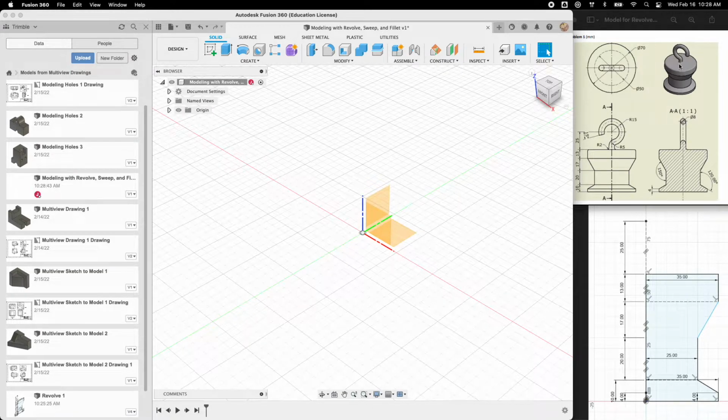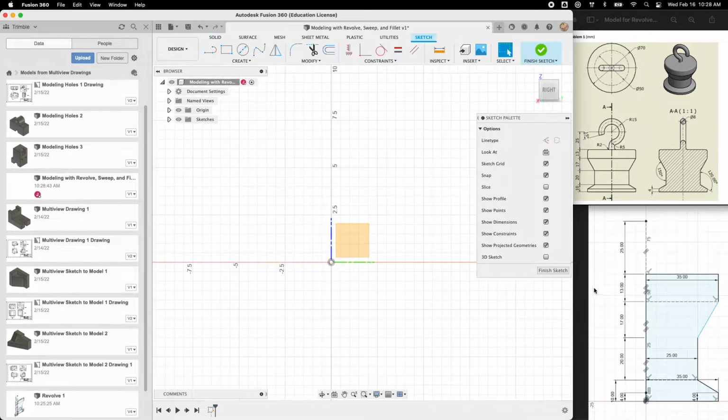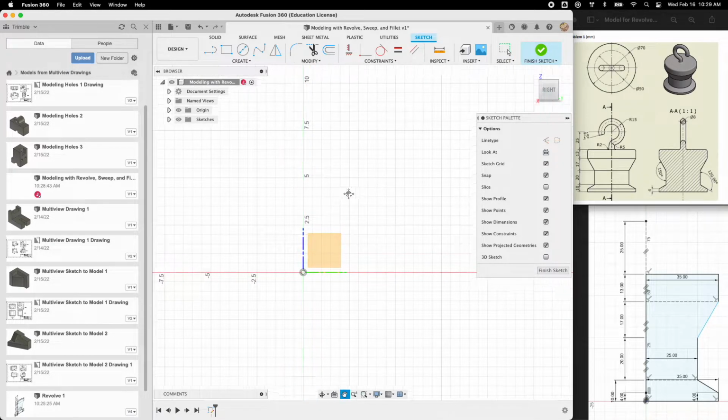We're going to start by creating a sketch. We're going to make this in a couple different parts here. We're going to start with our vertical plane, so let's create a sketch on the vertical plane. Down here in the bottom right, I have a drawing of what it is we want to make. So we're going to make the profile of this, and then we're going to sweep it around the y-axis, or